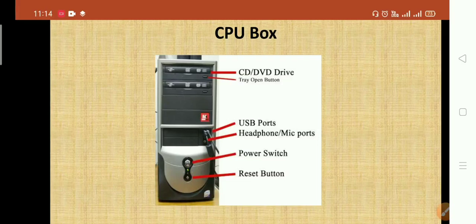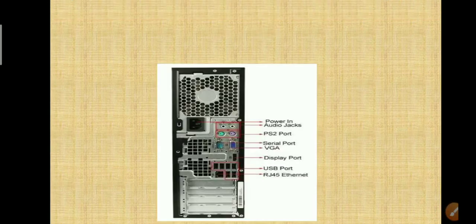Hope you understood this, you only need to know the names of these things. Clear? CD DVD drive, its tray open button, USB port, headphone and mic port, then power switch, then reset button. Clear?